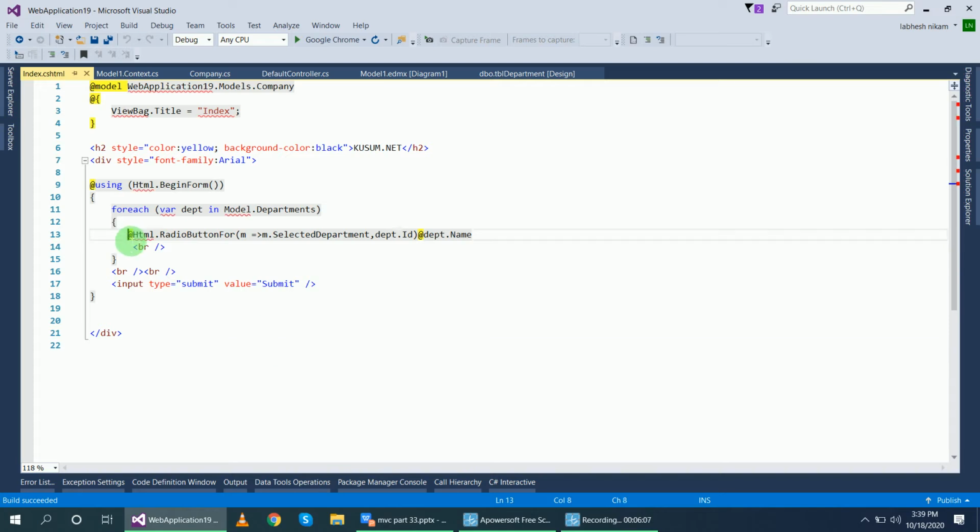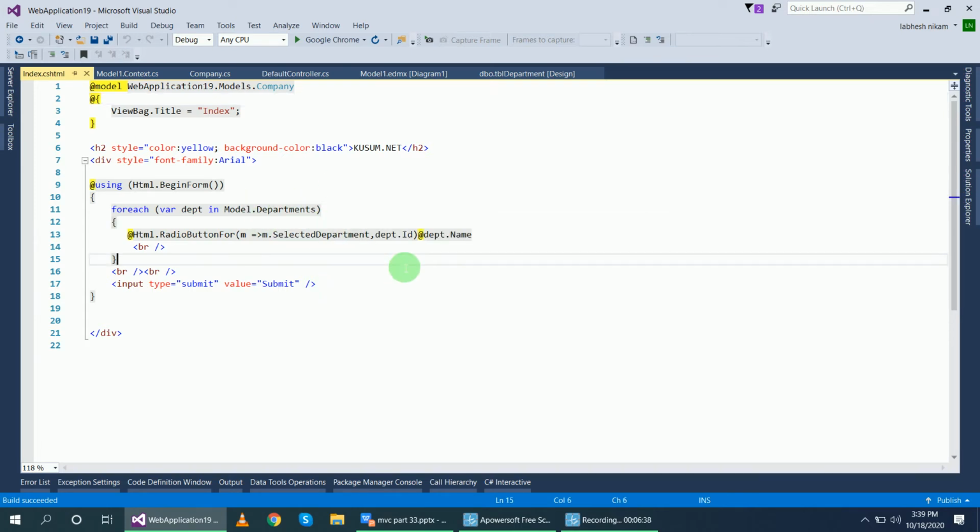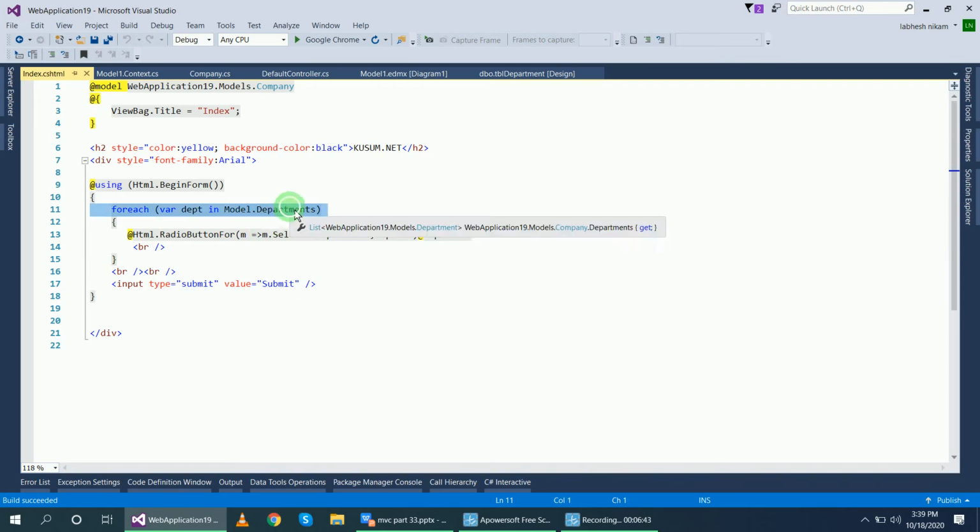The radio button list view I have also created here, and I have passed the model with @model WebApplication.Models.Company, passing the model as a Company model. In this I iterate using Html.BeginForm, and I have created this radio button with foreach var department in Model.Departments, because the list of departments is Model.Departments.